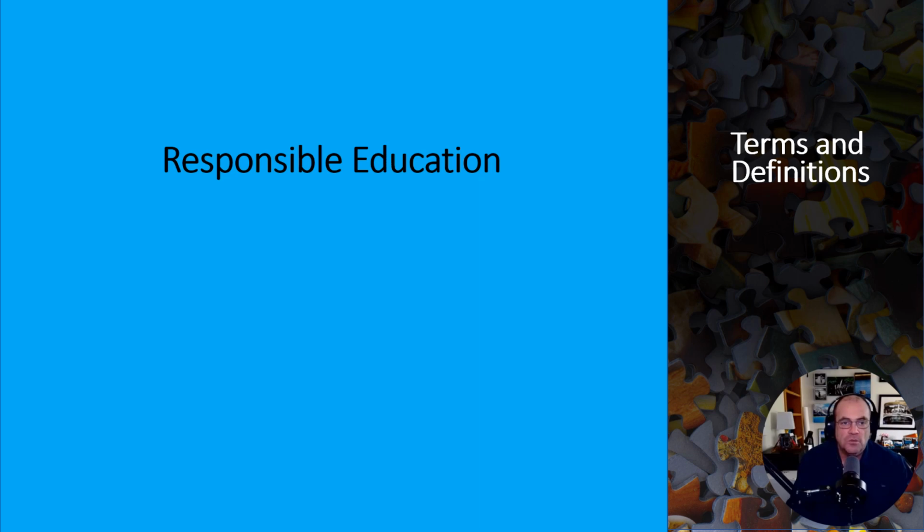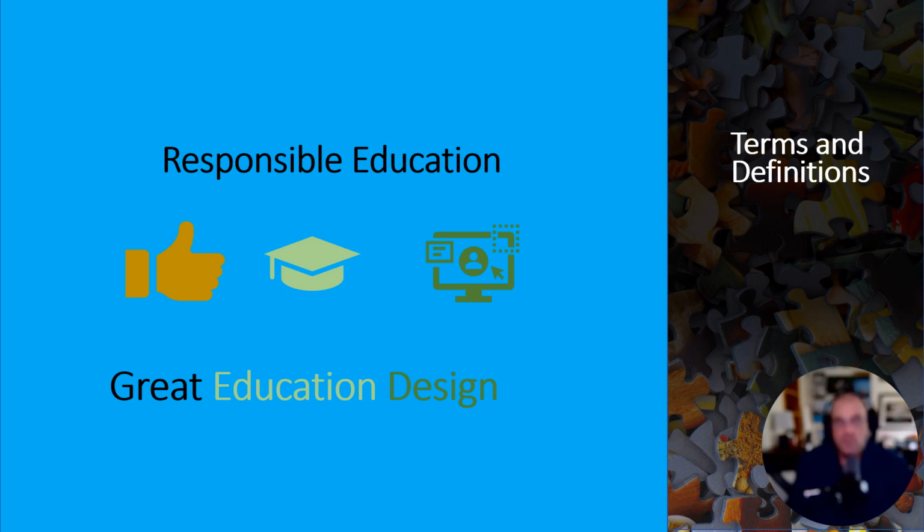How responsible learning works is that you, as the instructor or course developer, the one with the idea, are totally responsible for designing a course that makes learners successful. Don't get me wrong, in the end, the learner is responsible for learning the material, but it's the same as if you bought a car to drive off a lot, you need all four tires. And if you're missing two of them, like in poor course design, it's really hard to be successful. So basically, responsible education is great education design.